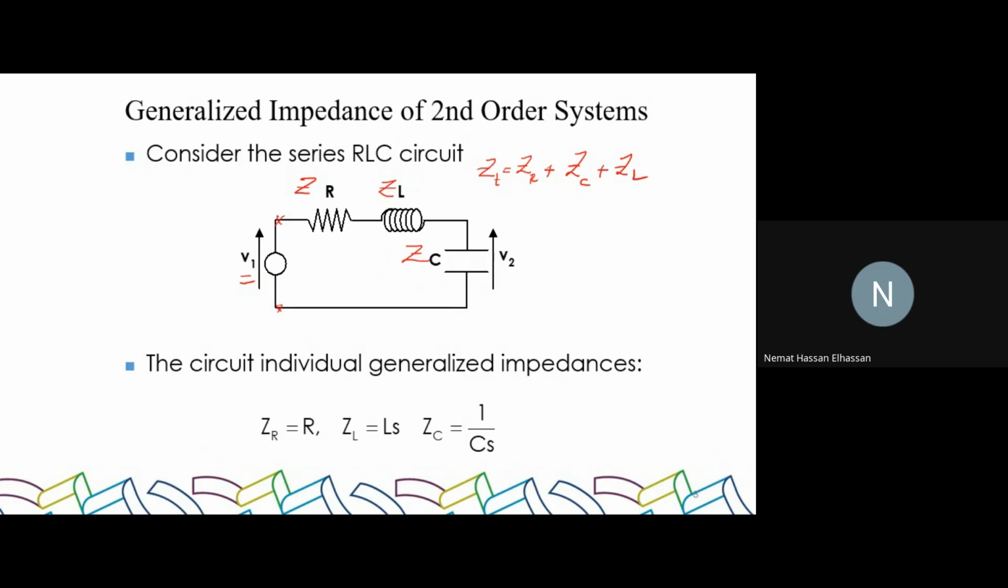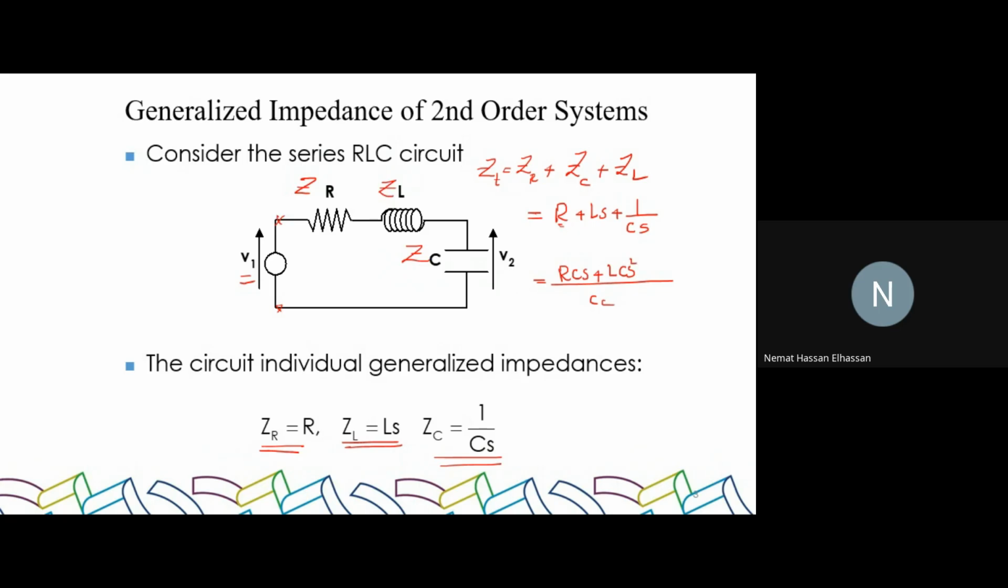However, we already established from last week that ZR is equal to R, ZL is equal to LS, and ZC is equal to 1 over SC. So all we have to do now is just substitute these values. So it becomes R plus LS plus 1 over CS. And just to maintain a standardized version, we have to just restructure it into a single fraction rather than three different terms. So all I have to do is just unify with a common denominator CS, which means I'll multiply R by CS, so it becomes RCS plus